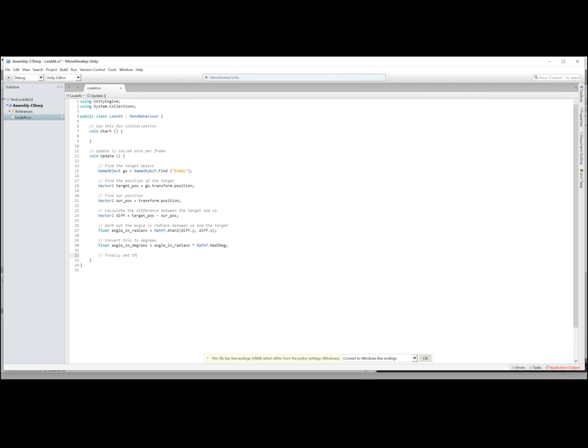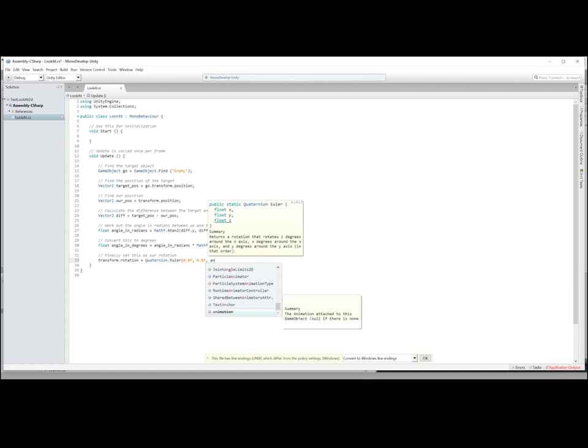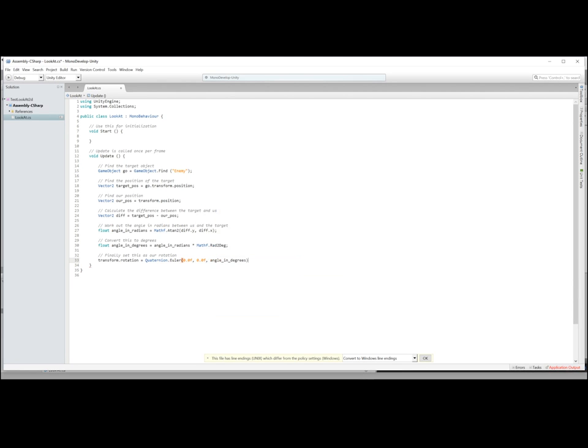Finally, set this as our rotation. So we take our transform, our rotation, and we want this to be a quaternion. We're actually going to use Euler coordinates, which are separate x, y, and z around the given axes. Because we're working 2D, we only want to rotate around the z-axis. That's the axis looking in and out of the screen. So if we use angle in degrees,